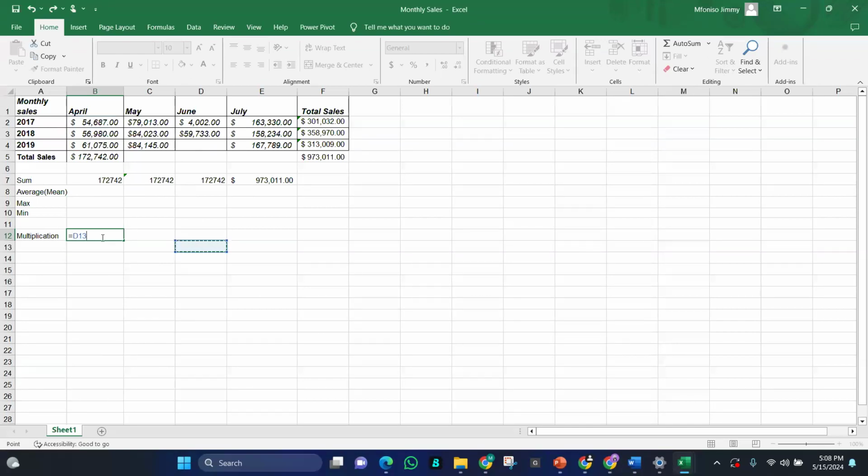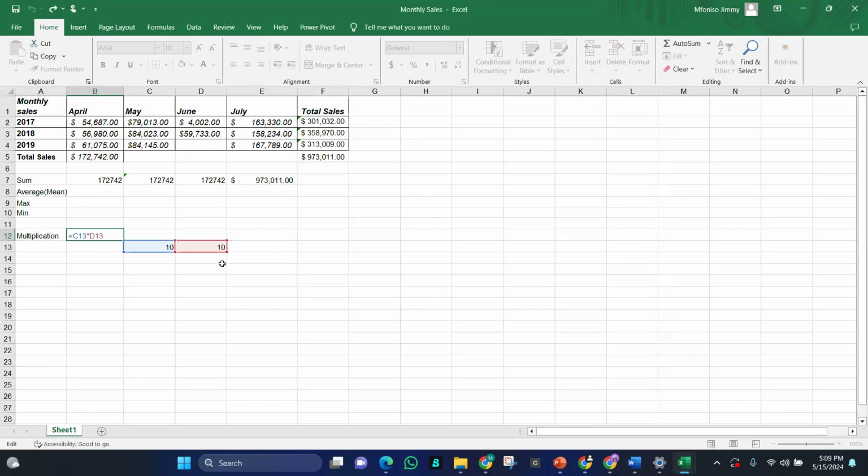For example, I want to do 10 times 10. We know 10 times 10 is 100. So I want to use my formula. Let's say 10 times 10 is a very huge calculation that I just want to be fast about. I say equals, I click on my first cell and include my asterisk. I click on the next cell and it highlights. I click enter to give me 100.